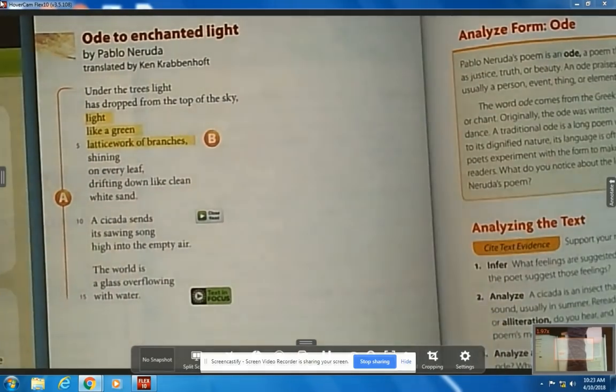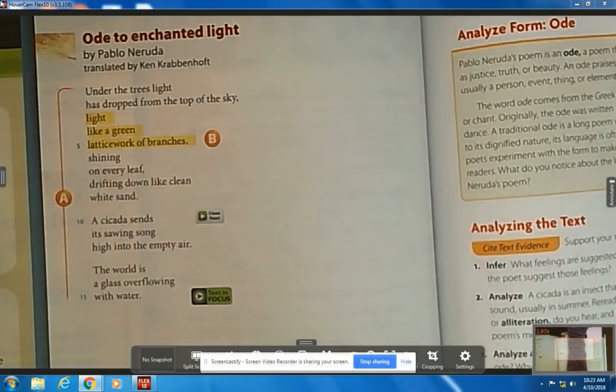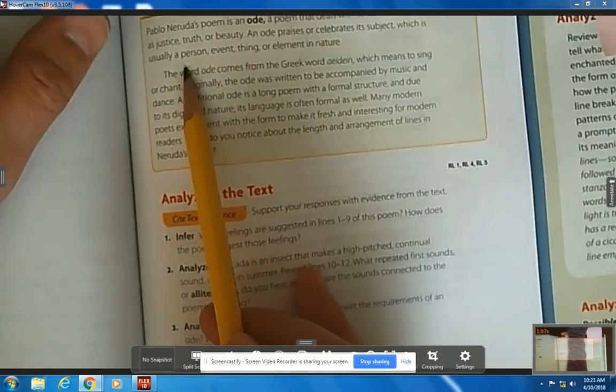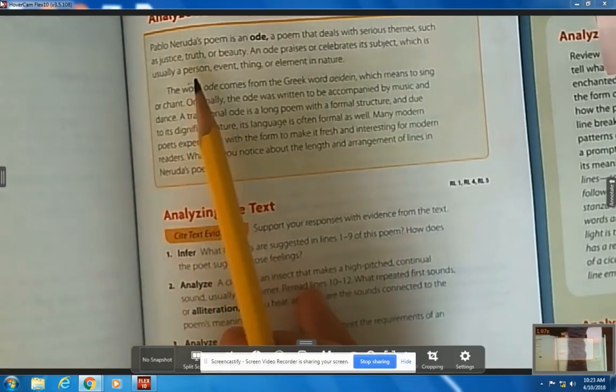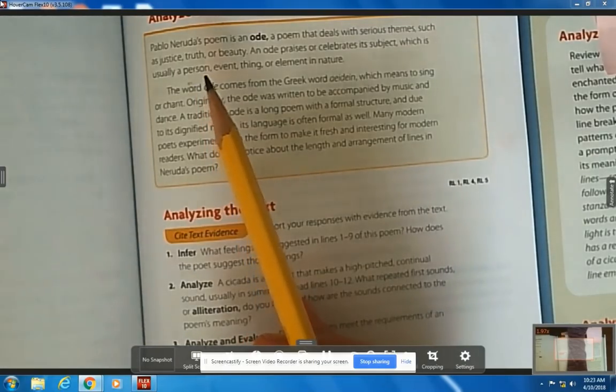Okay, so in Ode to Enchanted Light, we are praising, we are celebrating sunlight and nature. So the whole piece is really focusing in on praising and celebrating sunlight and nature. So it, 1, connects directly to your message or theme, and 2, the whole purpose is to praise or celebrate the subject matter. You could make it celebrate a person. For example, maybe you'd want to create an ode to your best friend, or an ode to your favorite teacher, or ode to your favorite Hollywood actor, whatever.